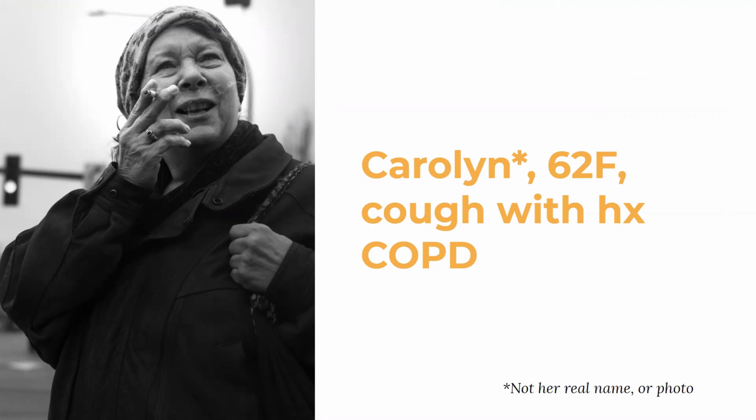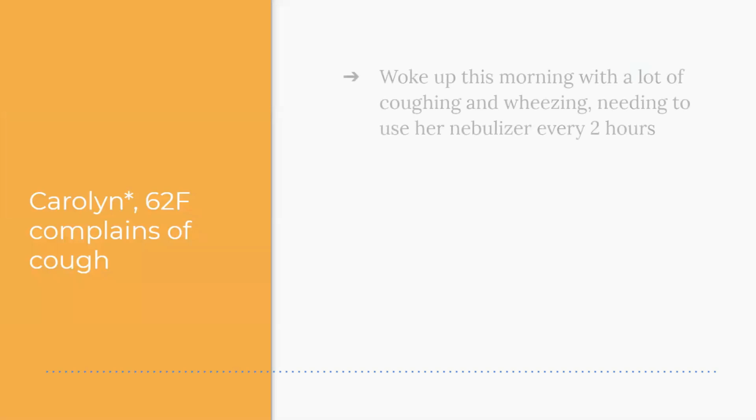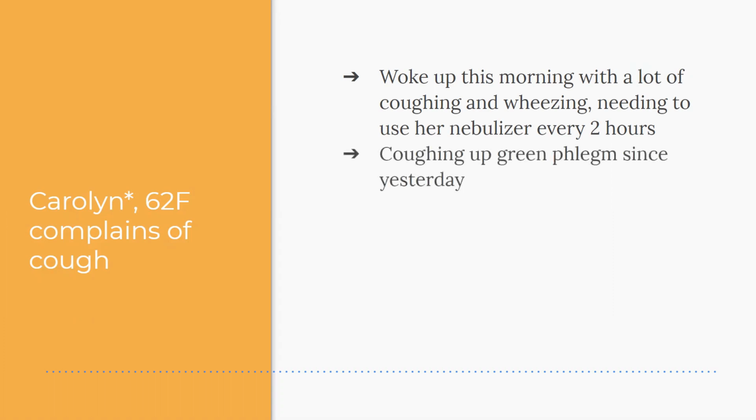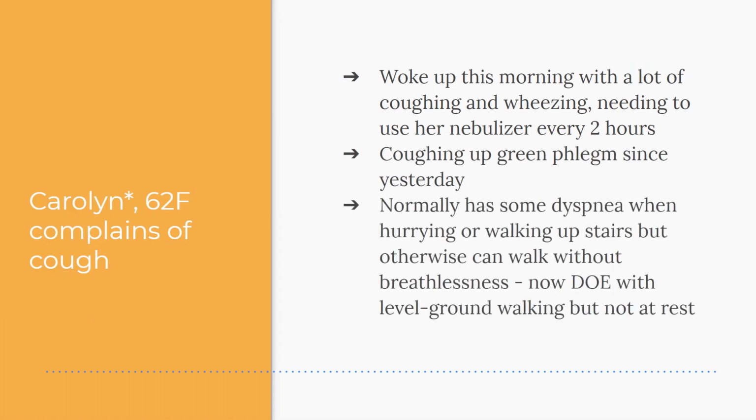This is not her real name or her photo. She woke up this morning with a lot of coughing and wheezing, and she's needing to use her nebulizer every 2 hours. She's been coughing up green phlegm since yesterday, which is not usual for her. She typically has some dyspnea when she's hurrying or walking upstairs, but otherwise she can walk without breathlessness. But yesterday and today, she's now dyspneic on exertion, that's what DOE stands for, with level ground walking, but not at rest. So she's sitting comfortably, but as soon as she starts walking, she gets a little bit short of breath. And she hasn't had this happen in over a year,